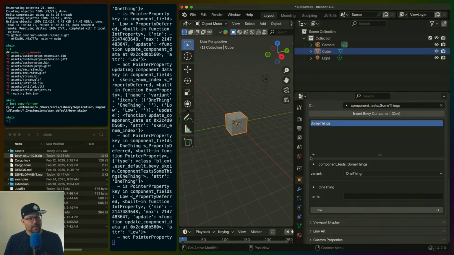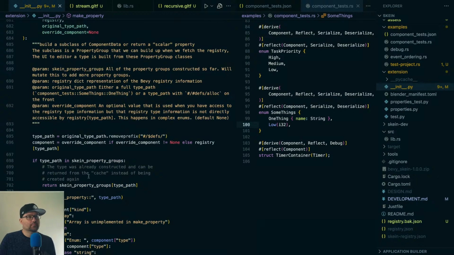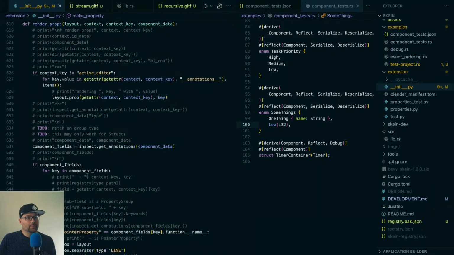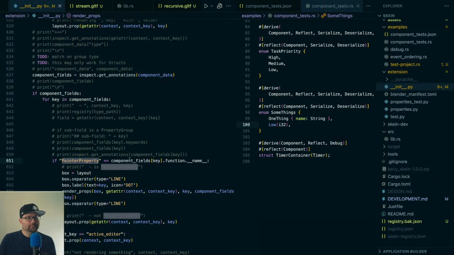So we can set those values. And now we need to use that value when we're rendering. So in render props, we will add a pointer property to this struct. And this will be for each key, really. So the question will be,